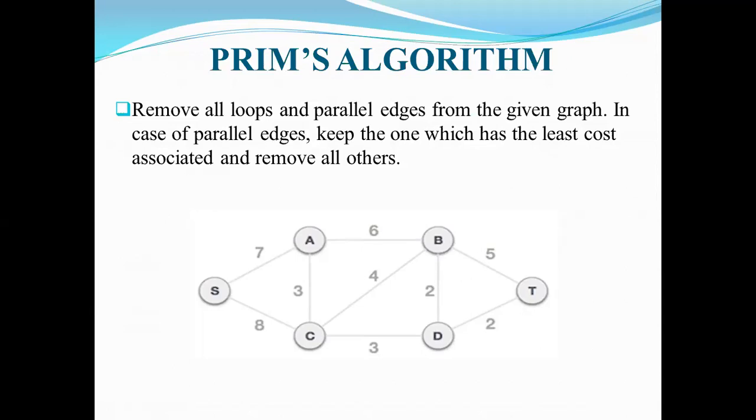Then the formula for the number of spanning trees possible for this particular diagram is 9C5 minus 4. So these many spanning trees are possible. Suppose this graph is completely connected, then we can directly use n power n minus 2, where n is the number of vertices. If 6 vertices are there, 6 power 6 minus 2 spanning trees are possible. But this graph is not completely connected. Completely connected means from every vertex there must be a direct edge to all the remaining vertices, but such a scenario is not there in this.